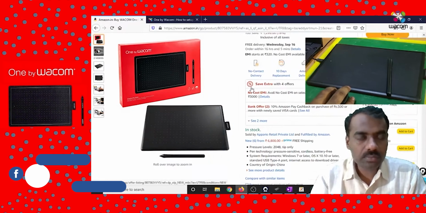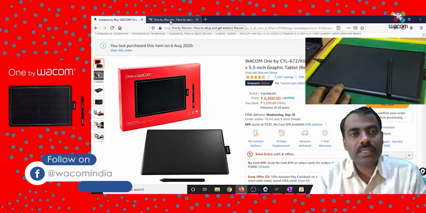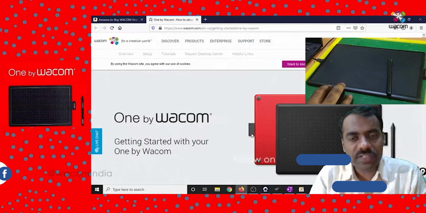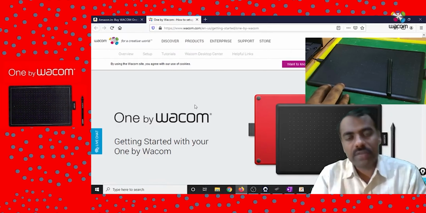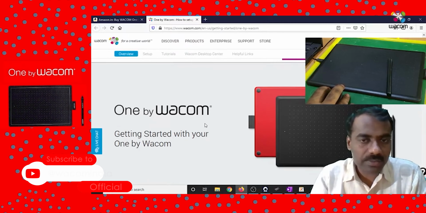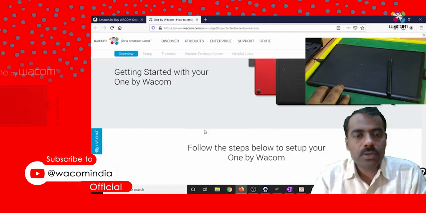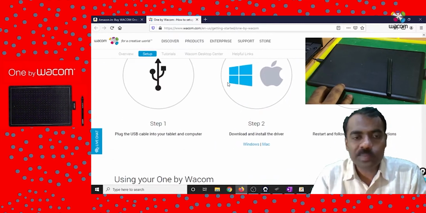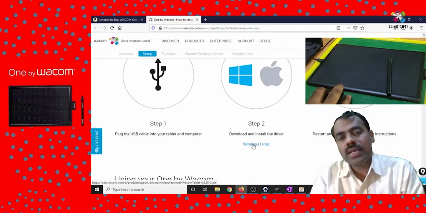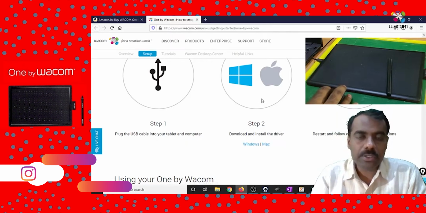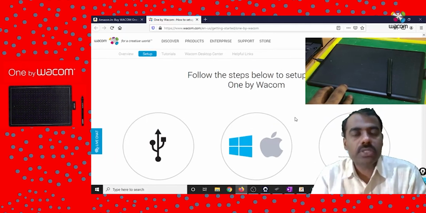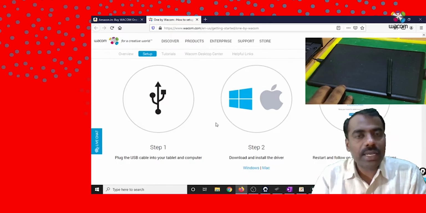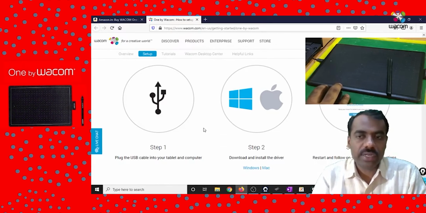Okay, fine. Now once you receive your pen tablet, the first thing we should do is go to the website. They have given their website on the file itself in the parcel. You just go there and download the software, for Windows it is around 38 MB. You just download it and install it. The software will ask for a restart and so on. You do those steps. After that, you connect your pen tablet. It will start working smoothly.